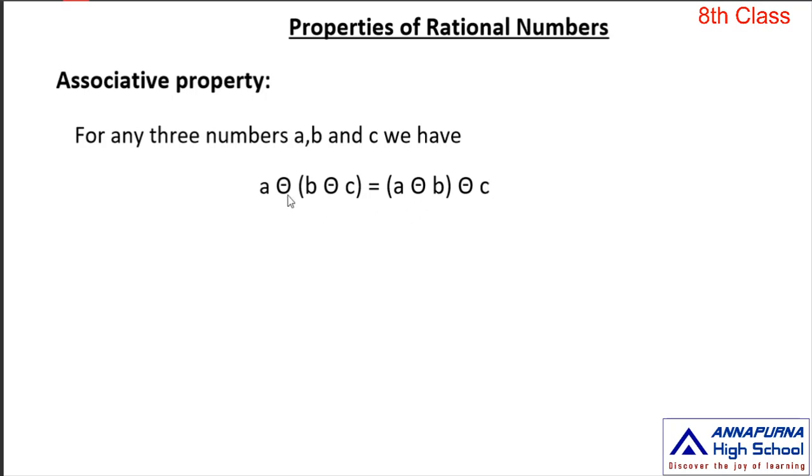In the last video, I already explained that here the dot circle represents any fundamental operation, either addition or subtraction or multiplication or division. Okay, now we verify whether the collection of rational numbers satisfies this associative property or not. So to verify this, first we choose one fundamental operation. Here I am taking addition. And I am taking three rational numbers, 1 by 2, 2 by 3 and 4 by 5.